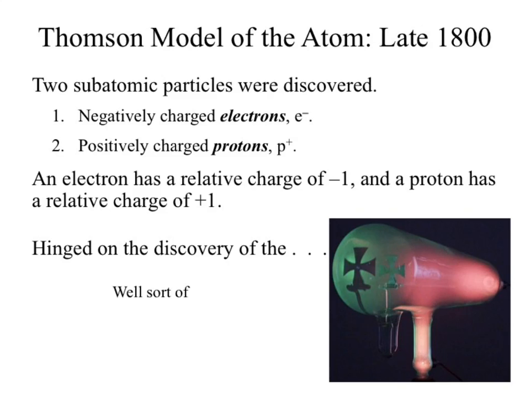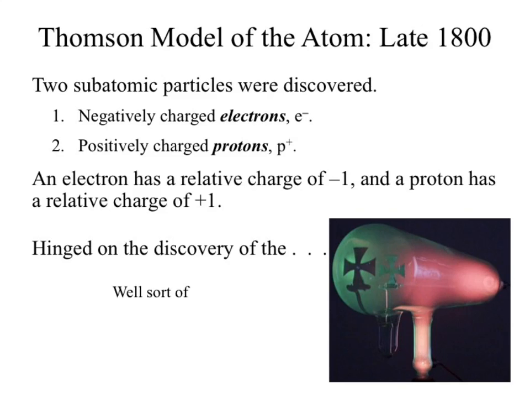How could he figure out the charge on these? Well, is there something that has polarity associated with it that we knew about at this point in time? Magnets. We can wire up a magnet around the cathode ray tube. What happens? The magnet has a positive and negative end associated with it. What happens to that electron beam? It gets deflected by the magnets, which means that beam had to have been charged. Otherwise, it wouldn't have been deflected.